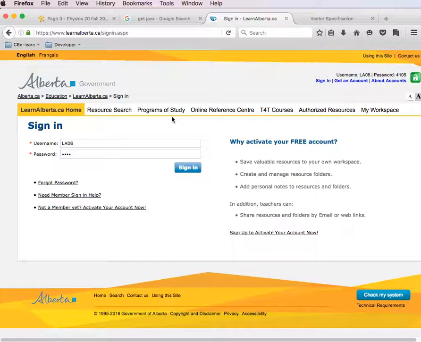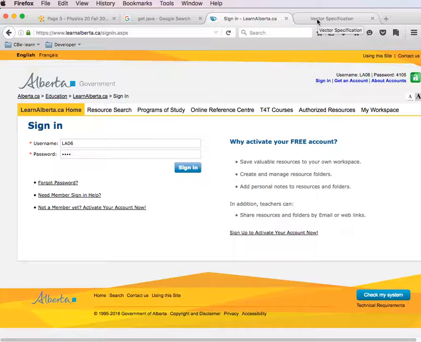It's basically going to launch the simulation. If I go to the vector specification, sometimes, and most times now, it's not going to run. So it's very important to note that you need to be using Firefox to get these simulations to run. Chrome and Safari don't seem to be supporting Java as much anymore. Java is seen as a security vulnerability. So Firefox, luckily, is still working for us. So run the simulations using the browser